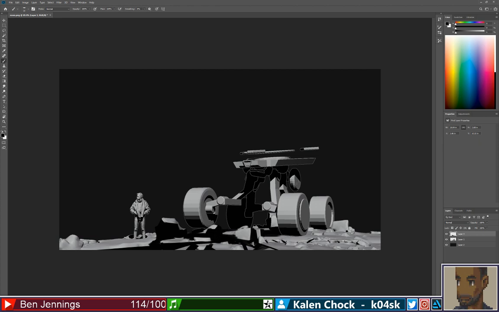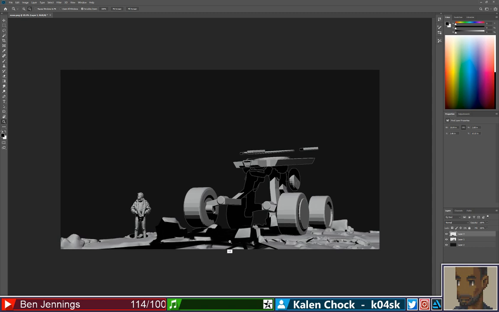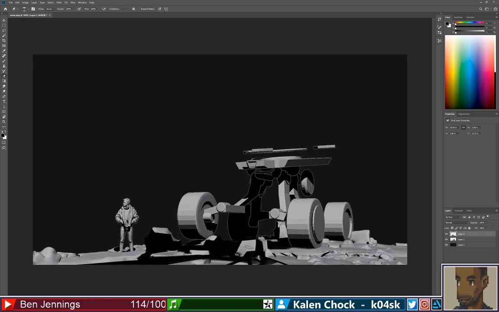So maybe I will erase a lot of this stuff. All right, go. So yeah, I just want to create softer shadows, that kind of stuff. Maybe experiment with a little bit of texture here and there. And I think that would be cool. So that's all that I'm trying to do right now.